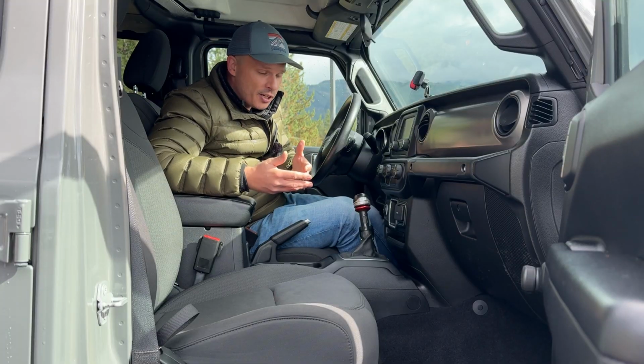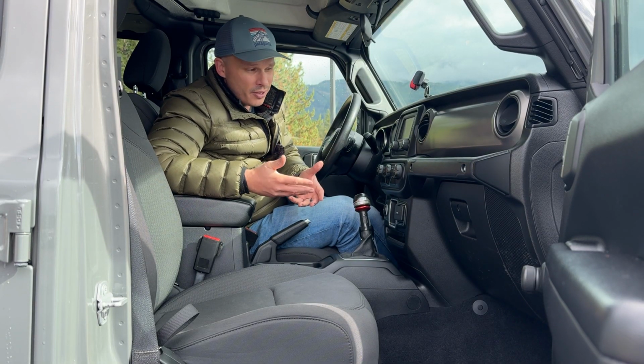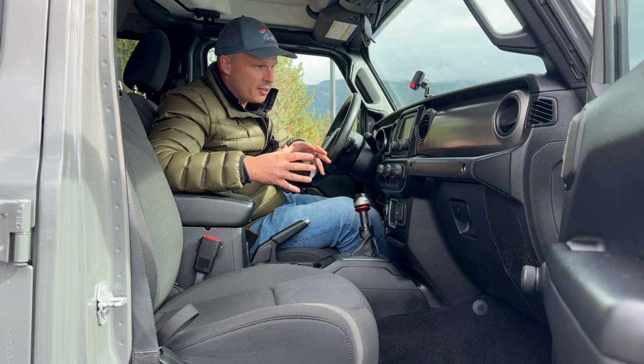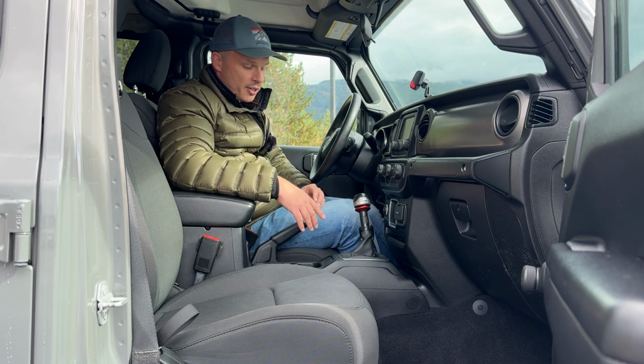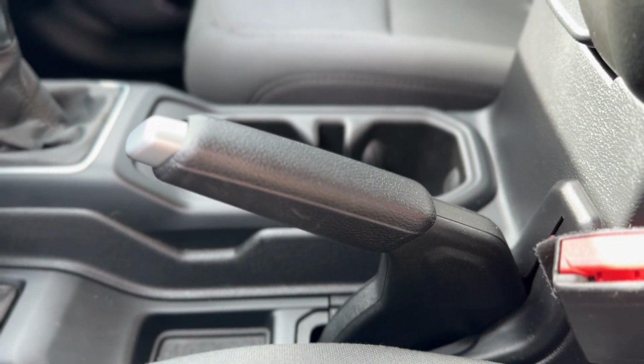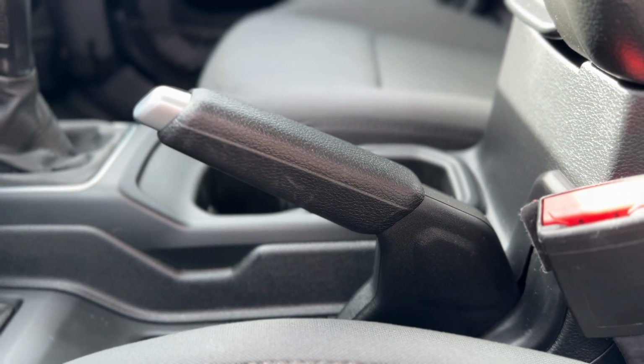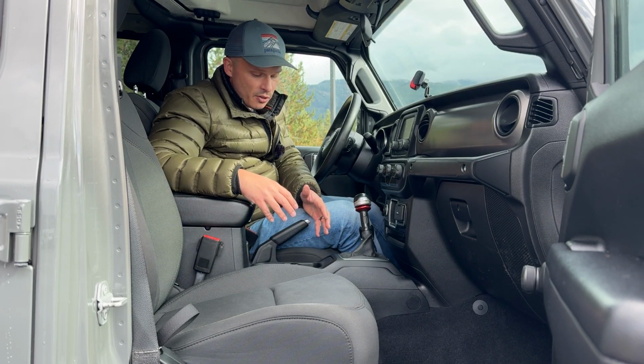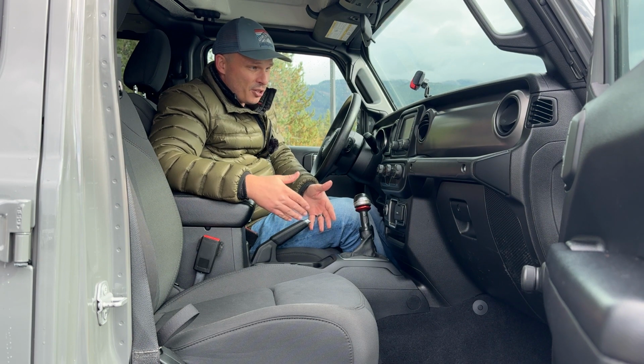It has a little bit of a texture to it, so it's going to hang on to whatever you put in there, and I actually really like the texture. It kind of changes things up in here a little bit. And then of course behind your gear selector is going to be your manual handbrake, which I'm not going to release because I do not want this car to move even though it is in gear, but it is easy to use, it's very close to you, and is just really nice to have,